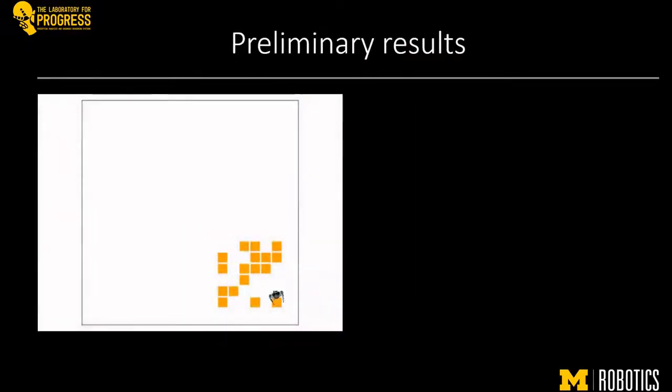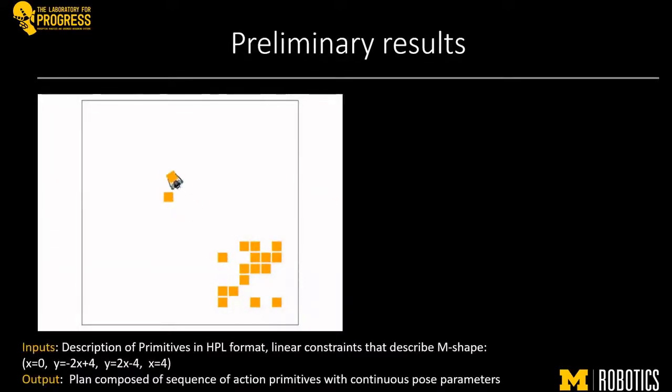So some preliminary results. In this video, the input is basically the description of primitives in the hybrid PDDL format. I'll talk about hybrid PDDL in a second. So the inputs are basically a description of primitives, like say a pick primitive, place primitive, and move primitive, as well as some linear constraints that describe the M shape. So the F and G functions are basically constraints that describe the M function. So you plot these constraints on a graph, and then we end up with the M shape. So given these external constraints, as well as the primitives and